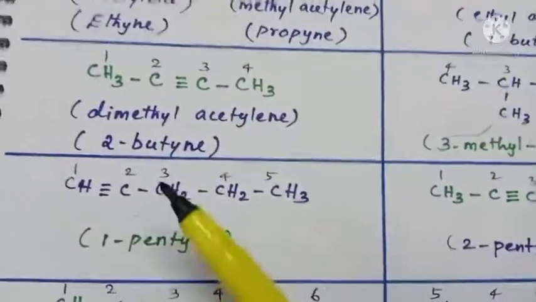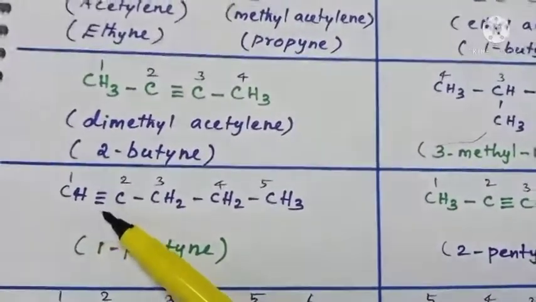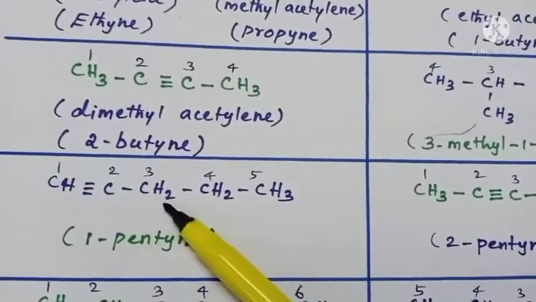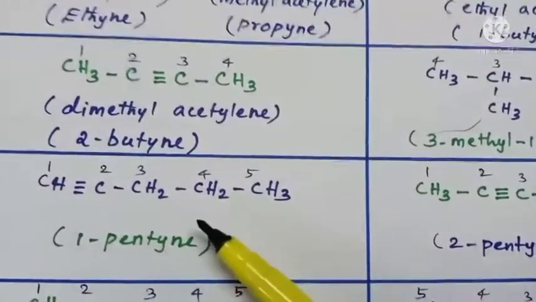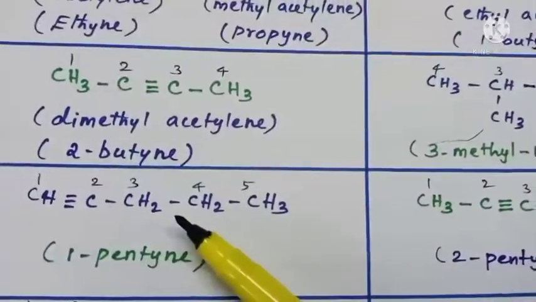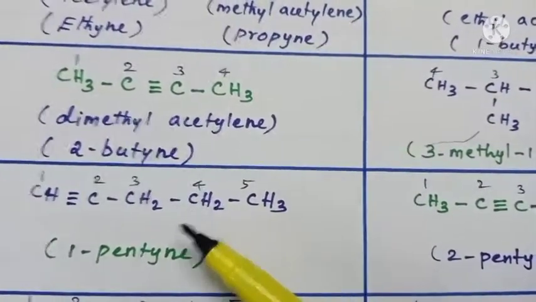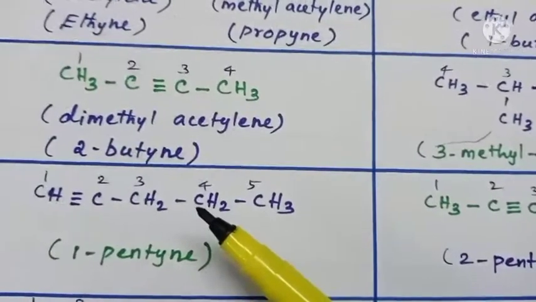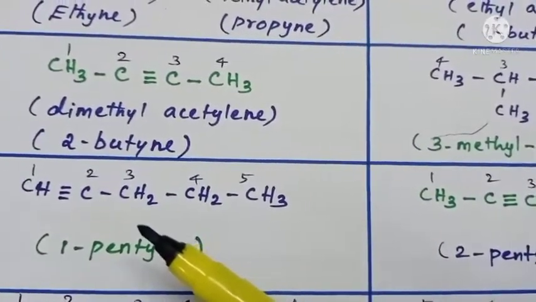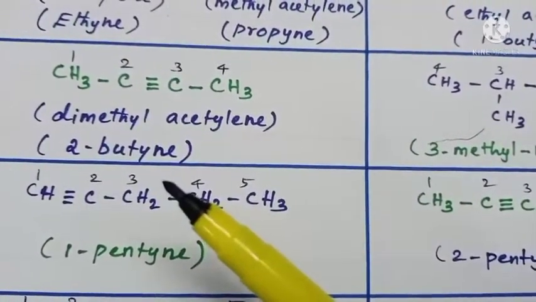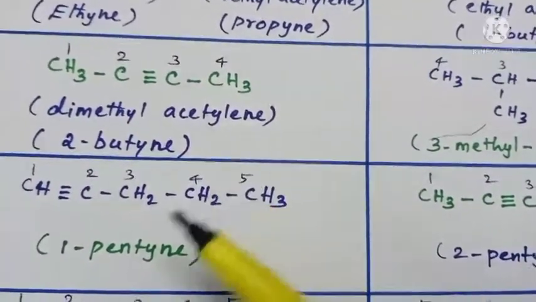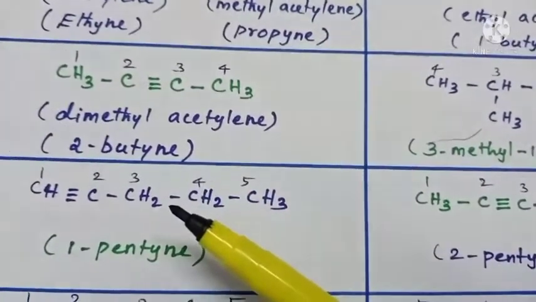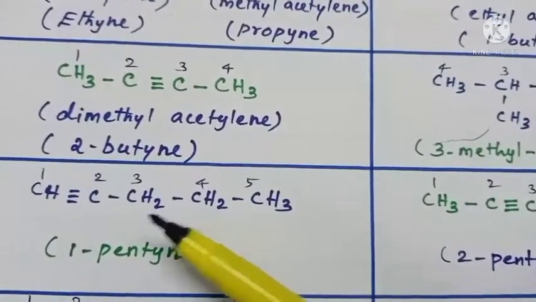We go for the next one. This is the acetylene portion, CH triple bond C. Now look at this group, an alkyl group with 3 carbons, an unbranched alkyl group, the n-propyl group. So this is n-propyl acetylene, that is the common name. In common names, alkyne derivatives are considered as substituted acetylene derivatives.